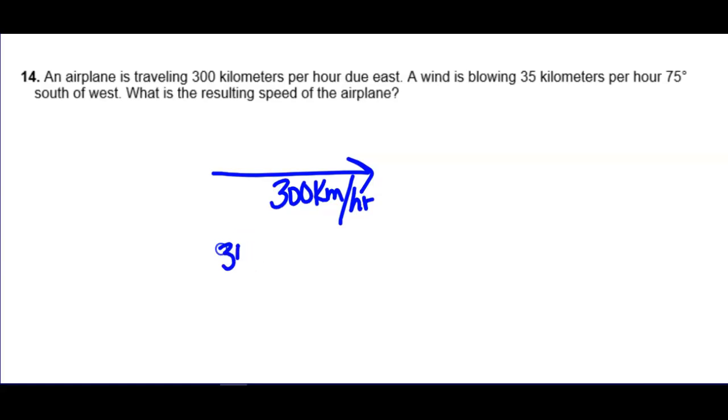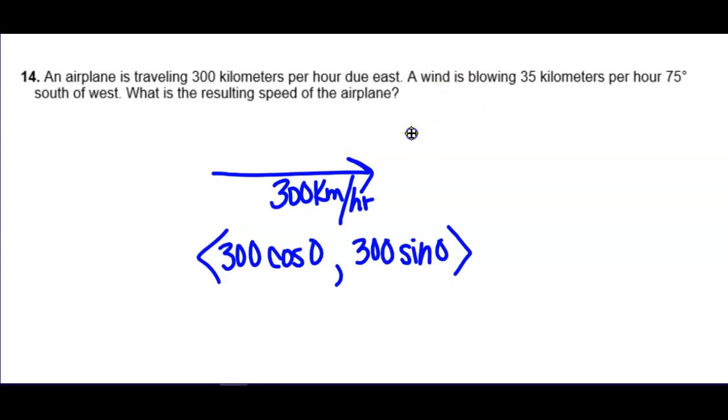We can use 300 cosine of 0 and 300 sine of 0, or it will just come out 300, 0. But I'm going to leave it in components because I want to show you that you don't have to do these by all kinds of decimals. A wind is blowing 35 kilometers per hour, 75 degrees south of west. So there's a wind south of west. So off of west,